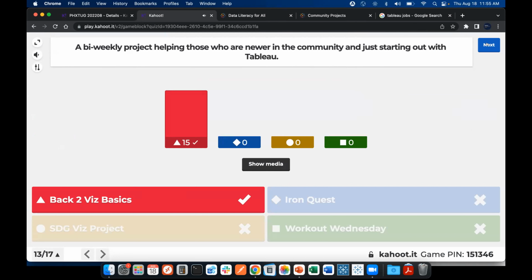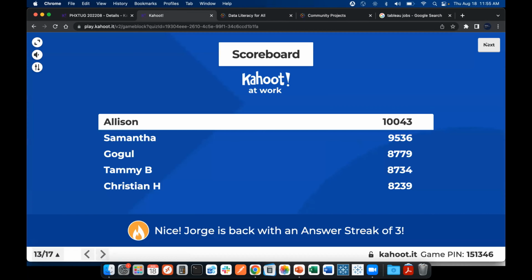So if you don't already promote this internally in your organization, if you've got an internal user group or a center of excellence, do make this part of it. This is a great onboarding program that you can actually tweak and make work in your organization. But get everyone involved. Such a great program. All right, Tammy's coming up. Come on, Tammy, get this one.